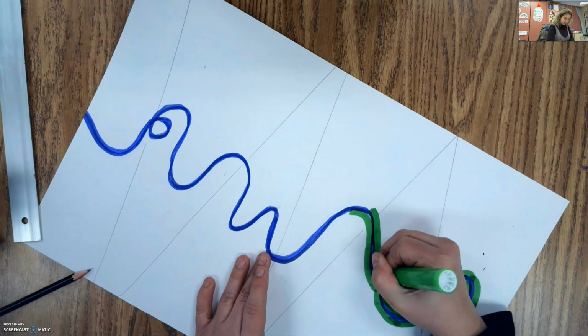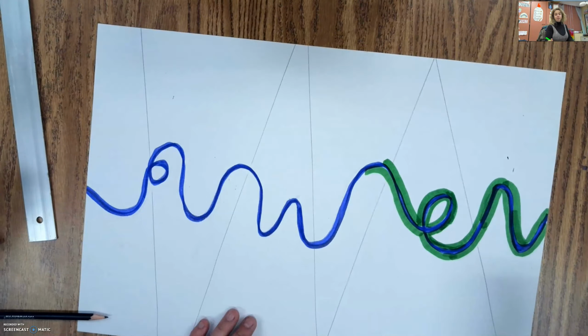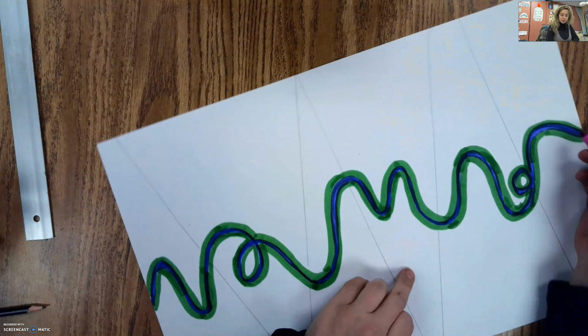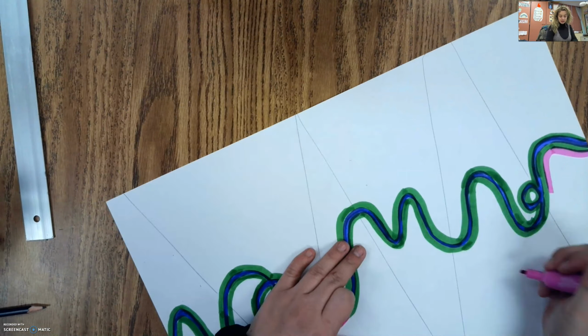So I'm going to do this with my green, and then we'll choose our next color to trace around again. So I traced it with my green. I think I'm going to use pink next. So I'm going to follow along just like I did before, and I'm going to trace over this one line